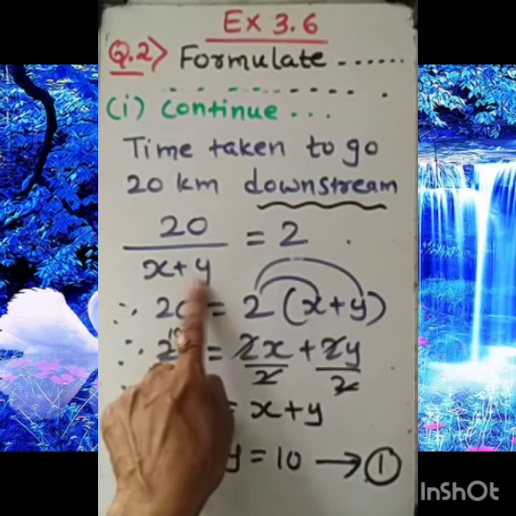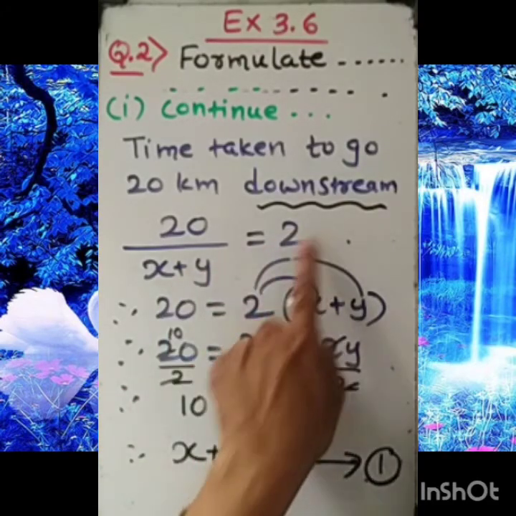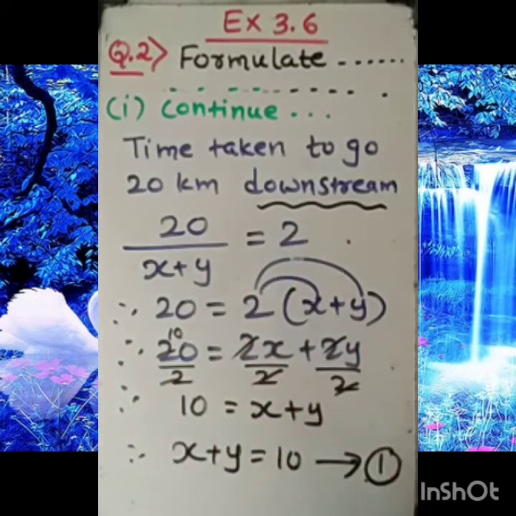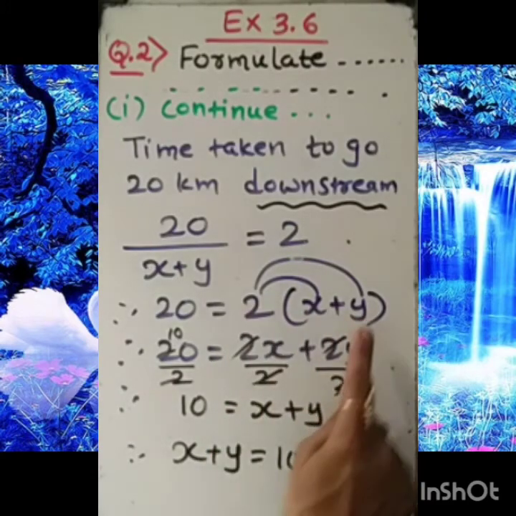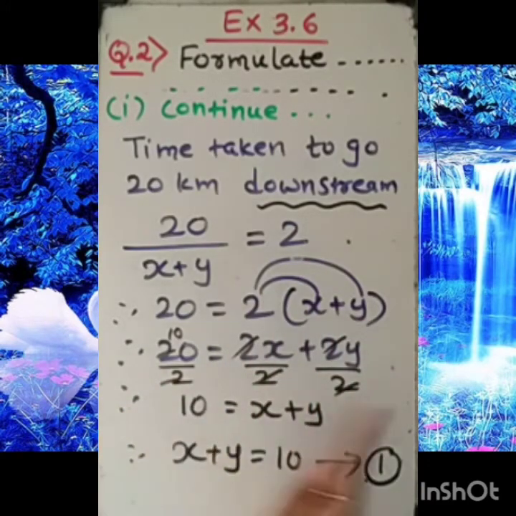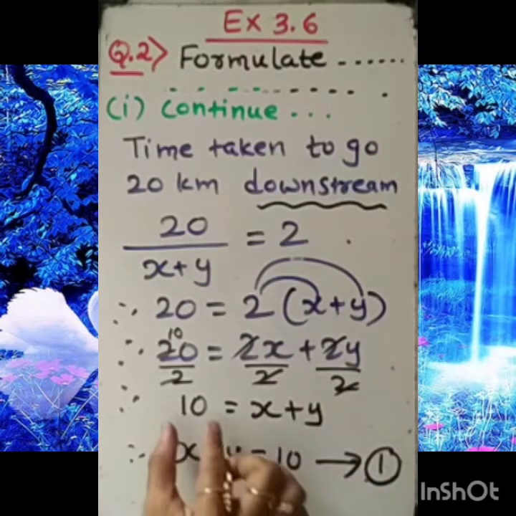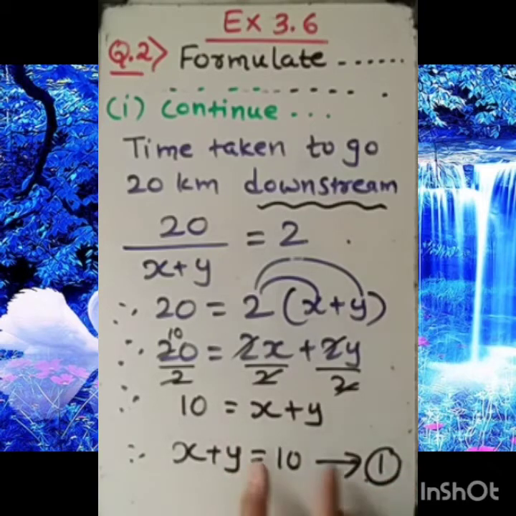So cross multiplication, now it depends on you how you are simplifying. So x plus y will be multiplied to this side, 2x plus 2y. Fine. So now 2 common. Directly if you take out common, you can mention this directly. If not, let's divide by 2, 2, 2 all the way. So after simplification, we will have 10 equal to x plus y. No issues. I can write here x plus y equal to 10. This is the first equation from the first part given in the question. Let's call this equation 1.